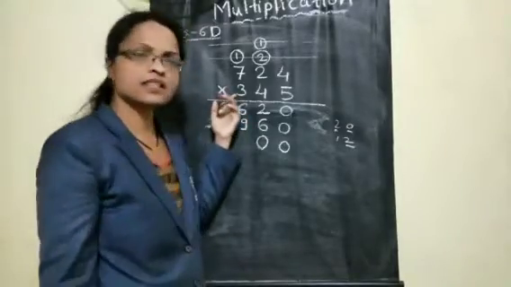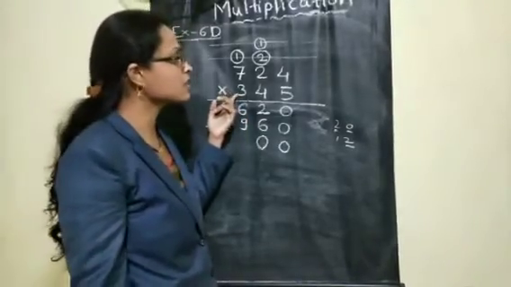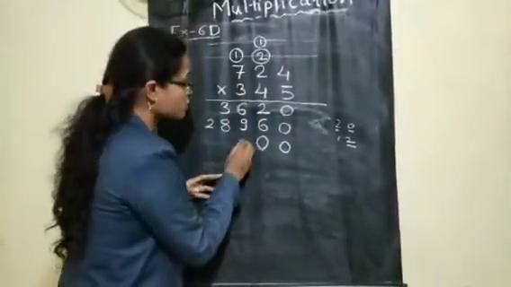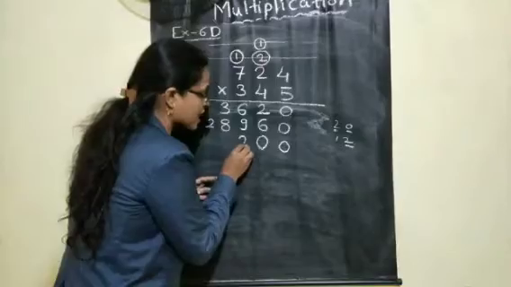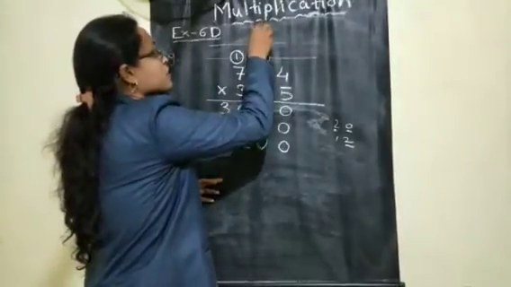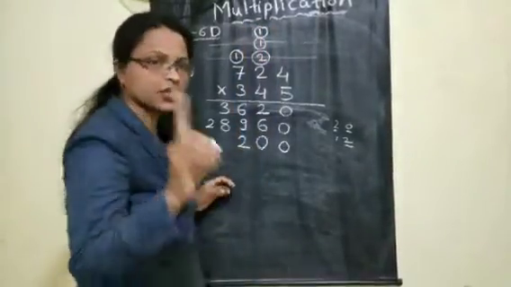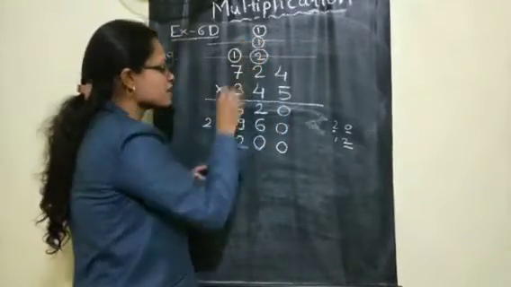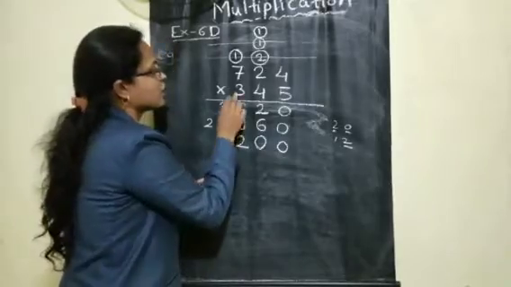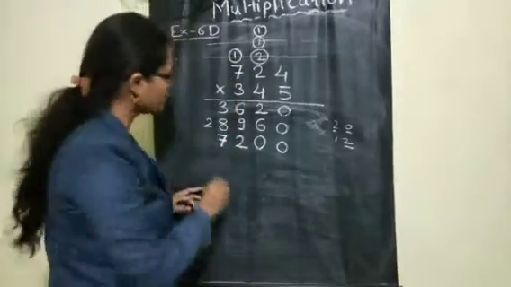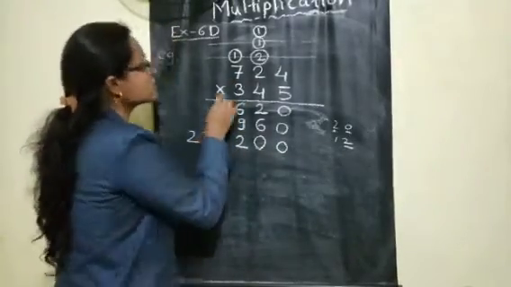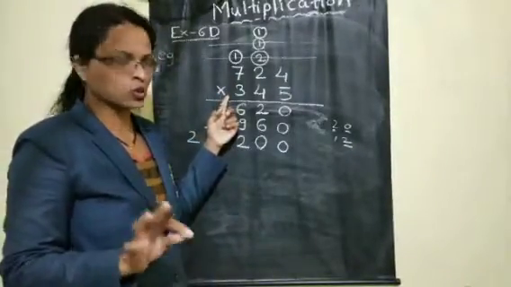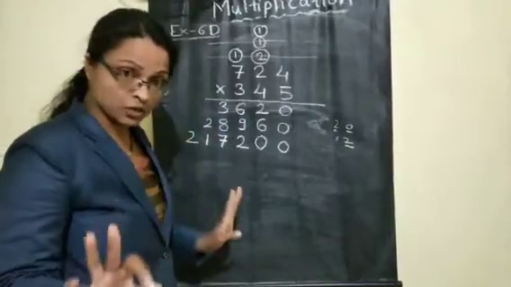Now which number is present here? 3. Now let us multiply with the 3. Start with the ones place. 3 4s are 12. From the 12, 2 you are writing down and 1 will carry forward to the tens place, children. Okay. Now let us move for the tens place. 3 2s are 6. 6 plus carry 1, 7. And now 3 7s are 21. So both the numbers you are writing down because here in front there is no number. Now is any further number there? No. So here our multiplication calculation is over.